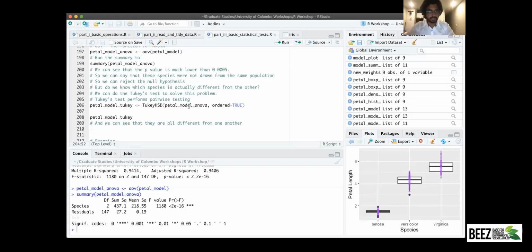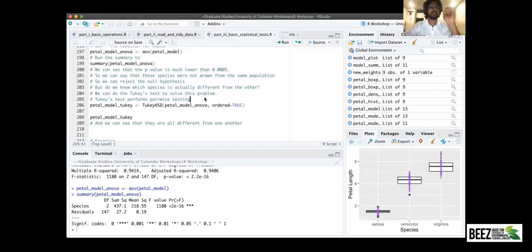Because that's how the ANOVA works. The ANOVA doesn't give us more in-depth details of what groups are different from each other. ANOVA can't tell us that this group is different from that group. ANOVA only says that these groups are not from the same population. It only needs one population that is different from the others to reject the null hypothesis. So if you want to actually go in depth and see which groups are similar to each other and which groups are different from each other,